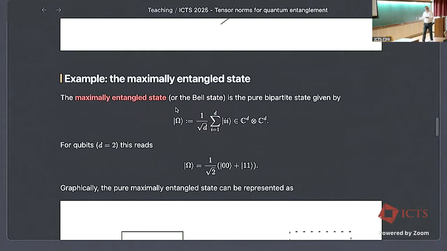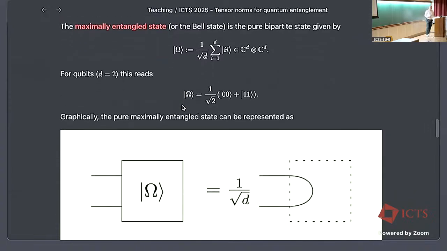Okay, so let's start doing some more quantum info stuff with this graphical notation. Let's look at the maximally entangled state. This maximally entangled state in C^d tensor C^d, we call it ket omega. It's this vector: the sum over i of ii, times 1 over square root of d. So you see it looks like this unit tensor. For qubits, it's the 00 plus 11 vector. And graphically, I represent it really as the unit tensor, right? So this omega, now I will draw like rectangles. It's a 2-tensor, so it has 2 legs sticking out of it.